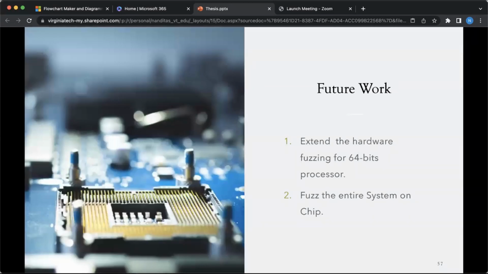As far as future work is concerned, we can extend this work by writing fuzzer custom mutators for 64-bit processors. And as we can see, we already have a state of the art for all the peripherals, and we have got really good performance at the processor level. So what if we integrate all of them together in a system on chip and then try to fuzz it? I think that would be a very interesting future work in this area.